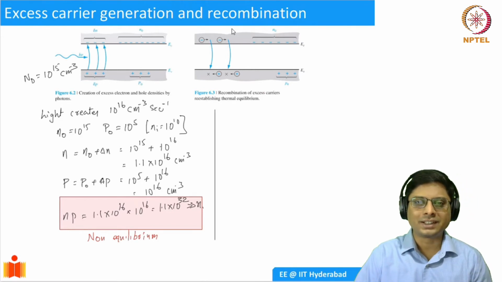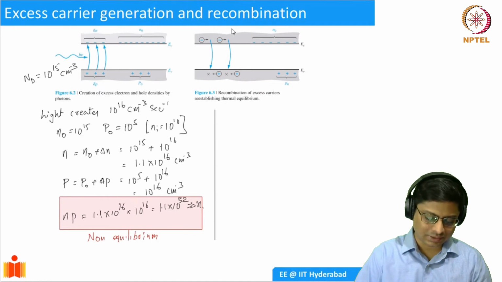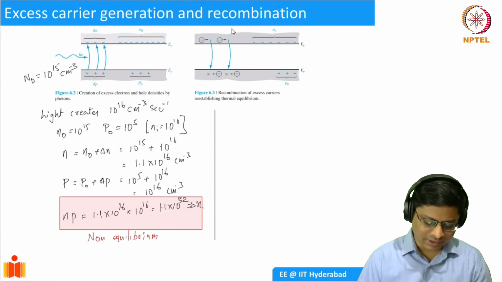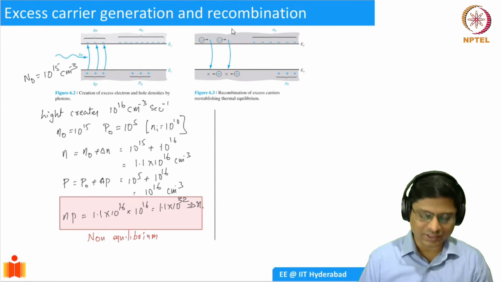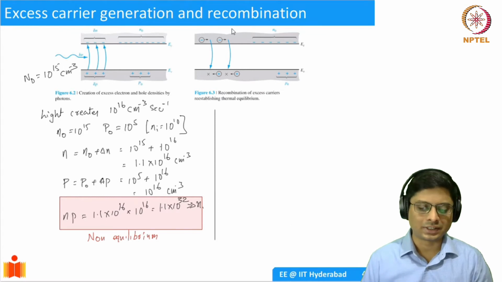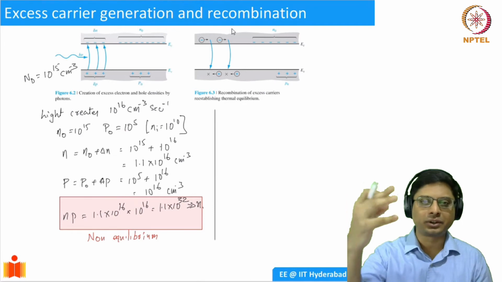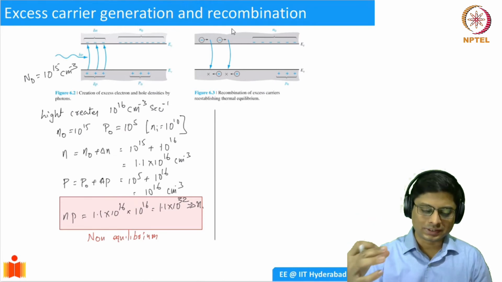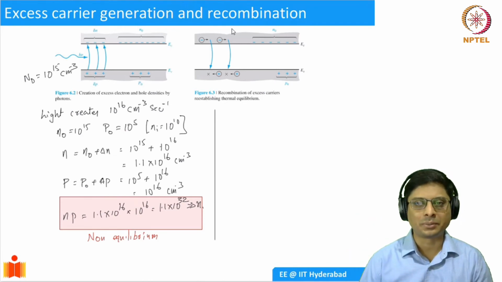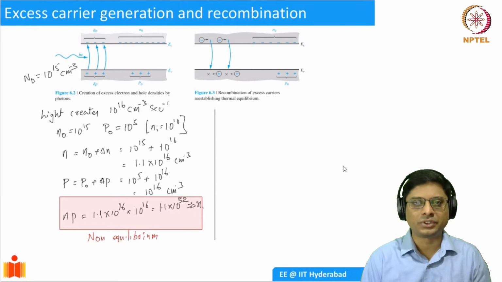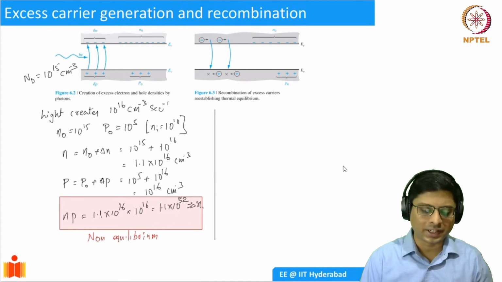Well, to understand that, let's see. We switched the light on and created this. We have the steady state, and we created a carrier density this way. N and P have changed. Now you turn off the light. What would happen? Then you have these excess electrons and hole pairs, so they will recombine, right? We talked about it multiple times. Essentially, when an electron and hole come into the same position in the lattice, they can annihilate. An electron hole pair can be annihilated.